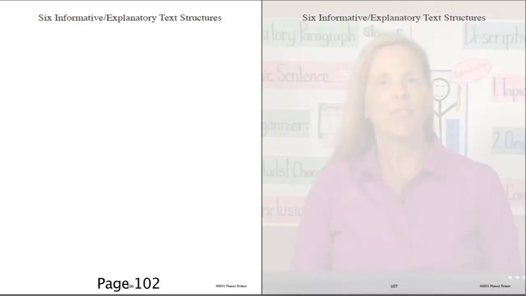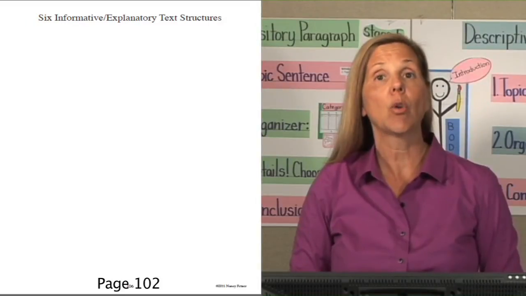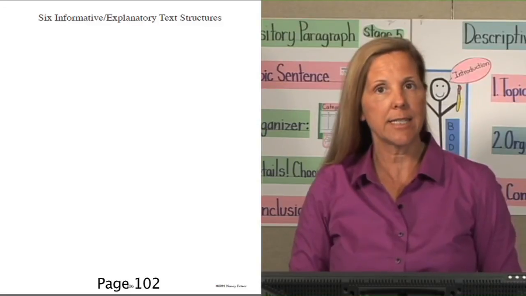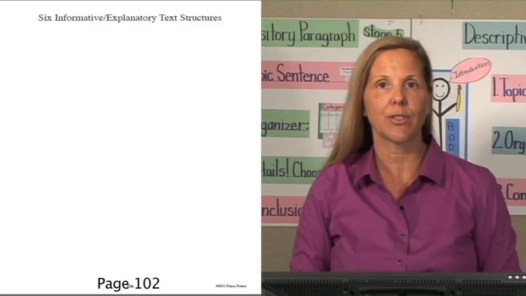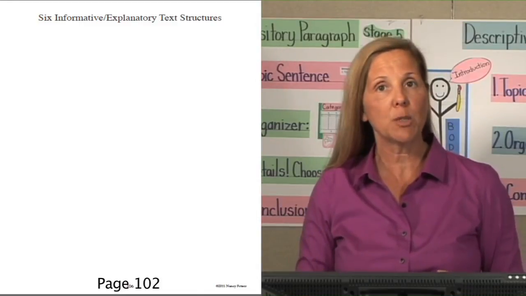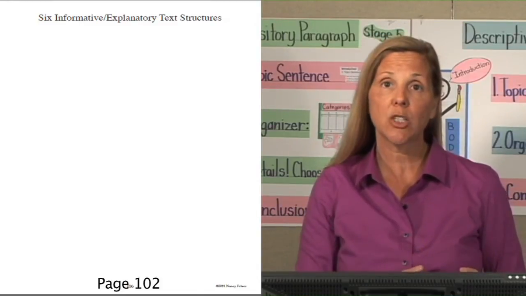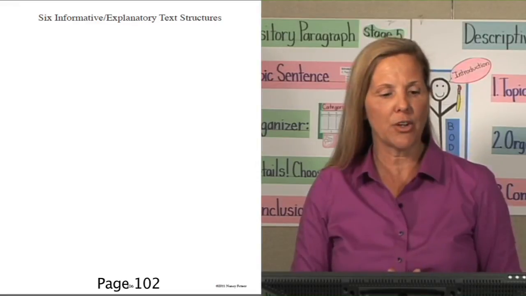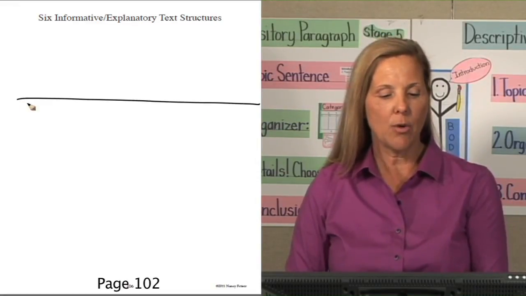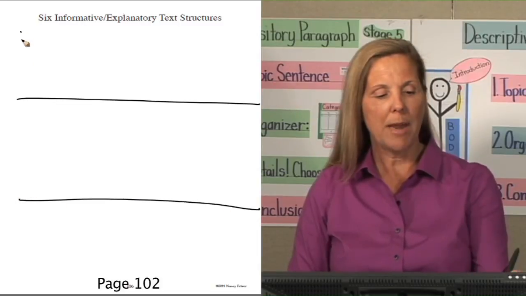Turn back to pages 102, 103. On these 2 pages, we will draw out all 6 organizers, and I will teach you the different hand signs that go with the organizers. I've already shown you in this chapter how you have reference pages for each one of the text structures. Let's start with the first 3. Let's separate these 2 pages out so that you have 3 sections. Make a box,